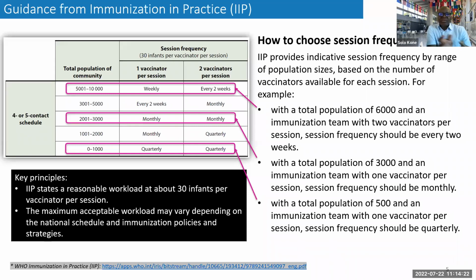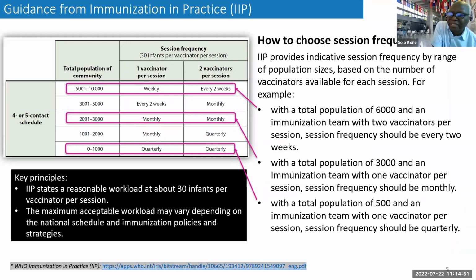These indicative session frequencies are presented in a table you will find in Immunization in Practice. An example I've given here: for a population of 6,000 inhabitants and an immunization team with 2 vaccinators, probably